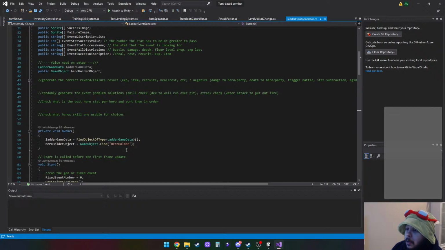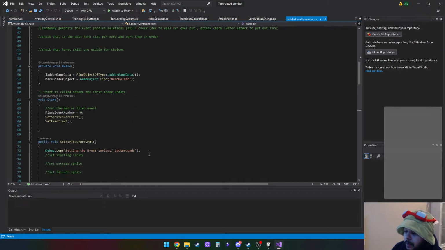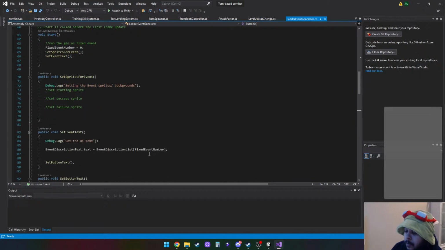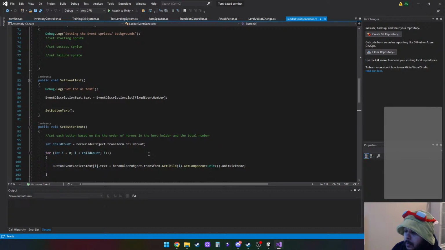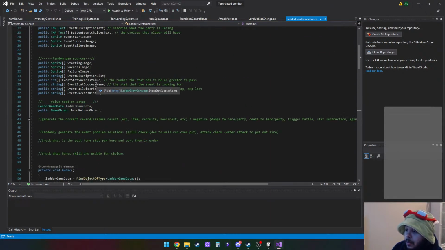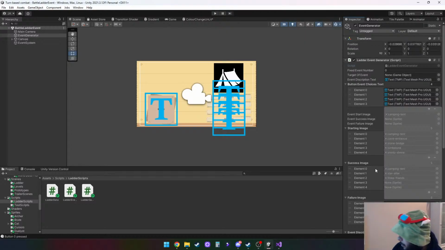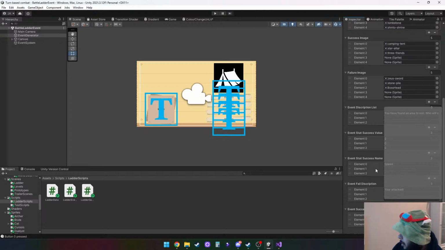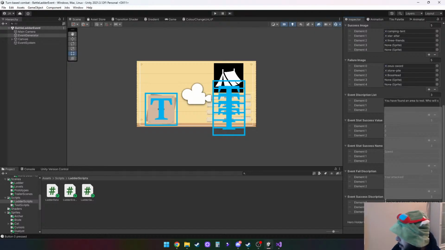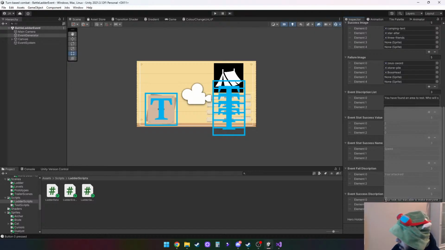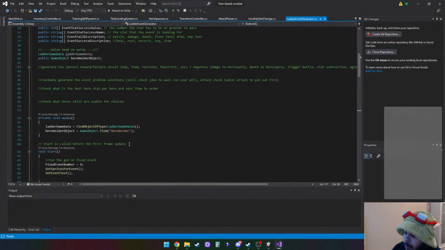Okay, event success stat name. Oh, because right now there's only one stat, right? Because if I go back to here, values 2, speed. Yeah, okay. For now, if we know it's speed,